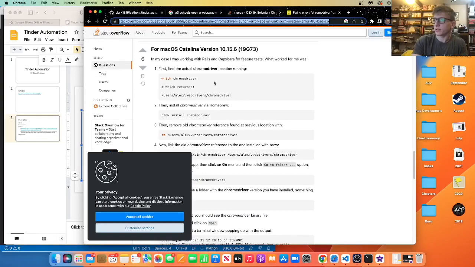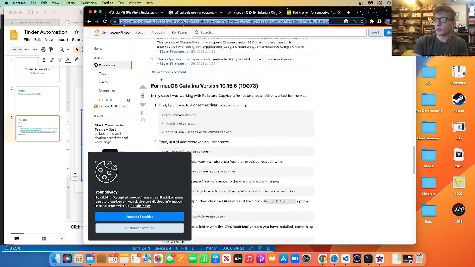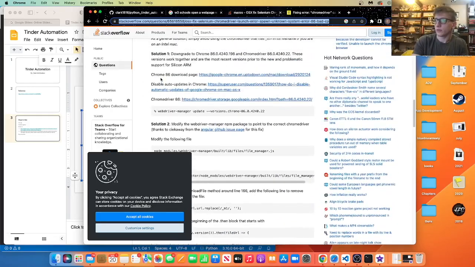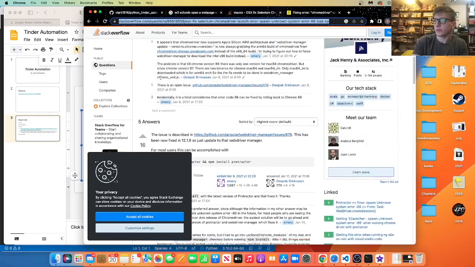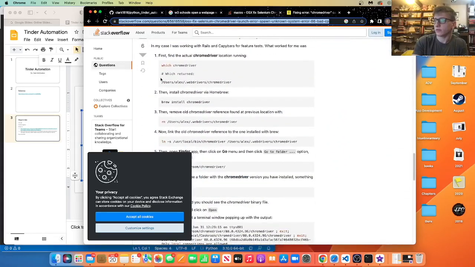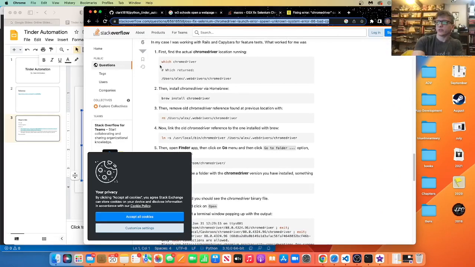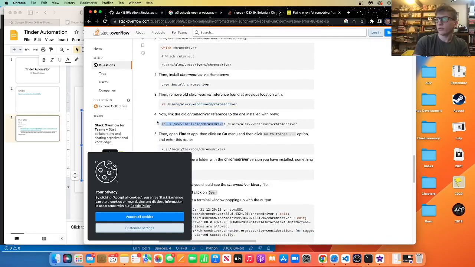start by brew installing Chrome driver. Let me find it. Okay, so you'll press which Chrome driver. It'll show you where it's at. Then you'll type brew install Chrome driver. Make sure you've downloaded Homebrew. I don't want to backstep too much just to make a Tinder bot, but that's what you have to do. And then remove your old one, link the new one,